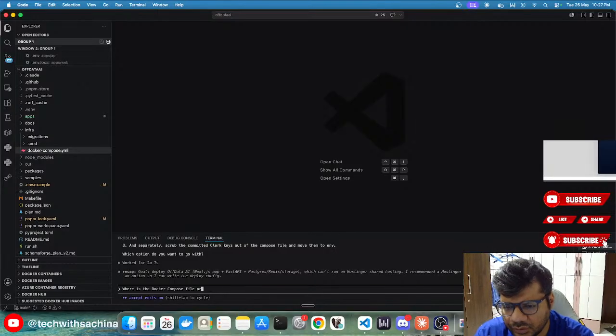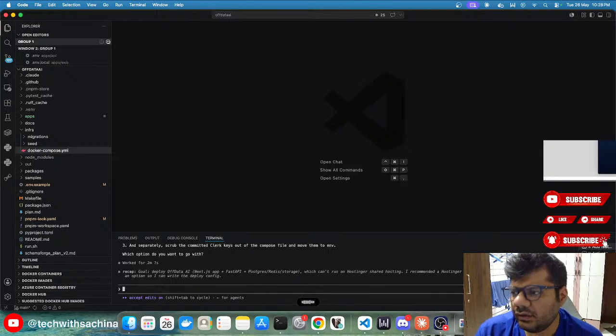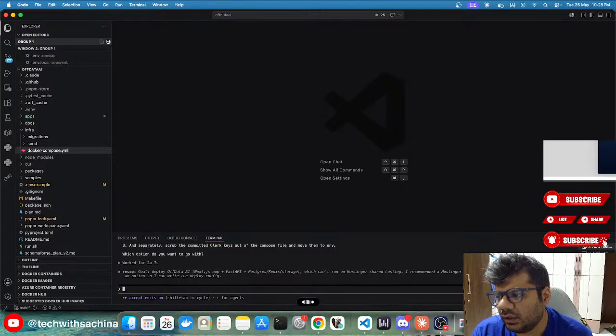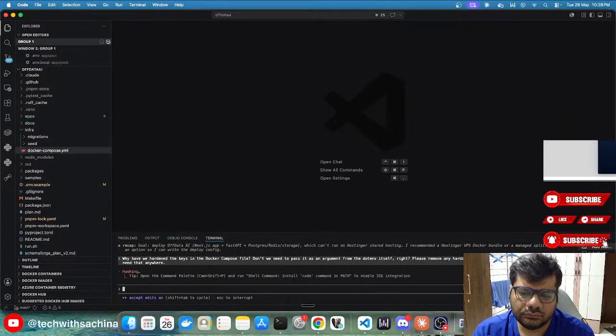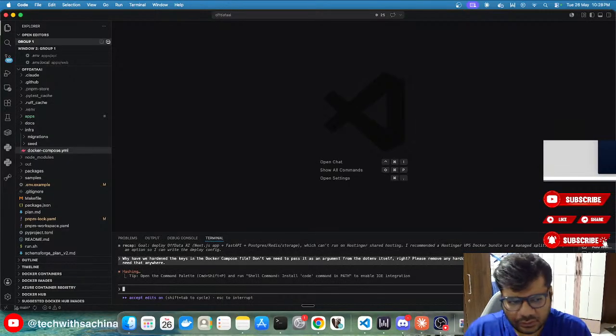Let me also remove the keys from the Docker compose as well, okay? Why have we hardcoded the keys in the Docker compose file? Don't we need to pass it as an argument from the .env itself, right? So please remove any hard coding of the keys wherever it is done. I don't need that anywhere. Okay, so let's approve this.